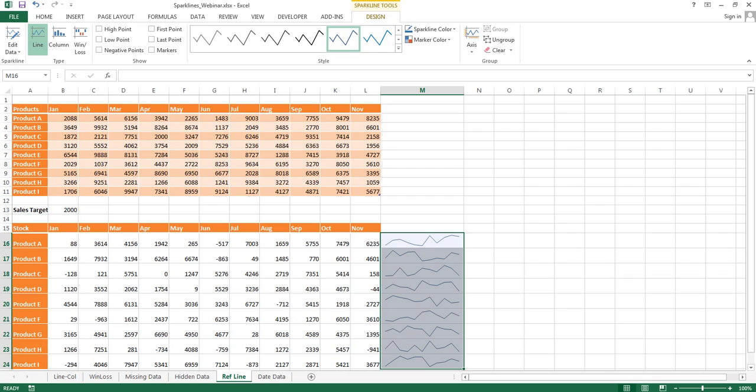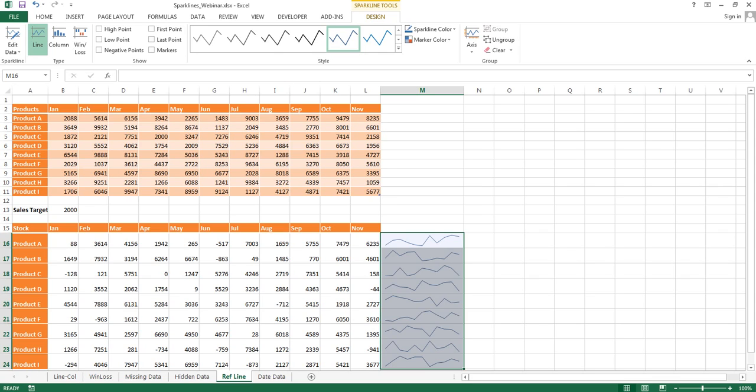Now how are we going to put the reference line? Now first of all, the thing to understand in spark lines is, it is not showing any axis till you ask it to. Second thing that you have to understand is, each and every spark line has its own vertical axis, because if I plot it on a common vertical axis, which I can tell the spark line to do, some of the spark lines might become very flat. Let's try and do this.